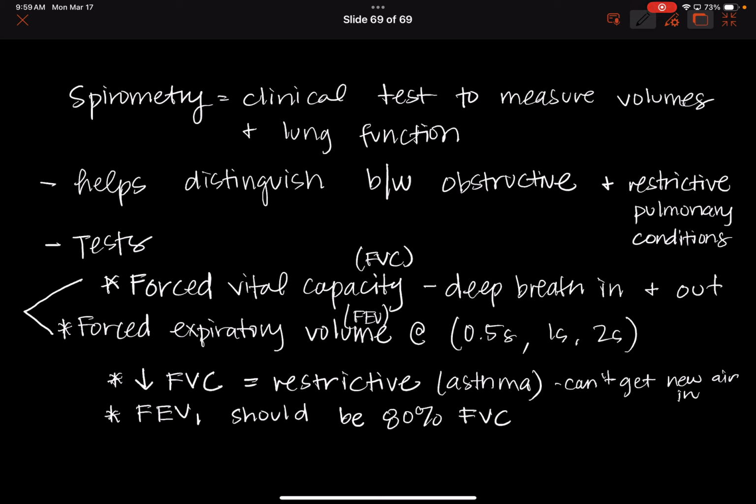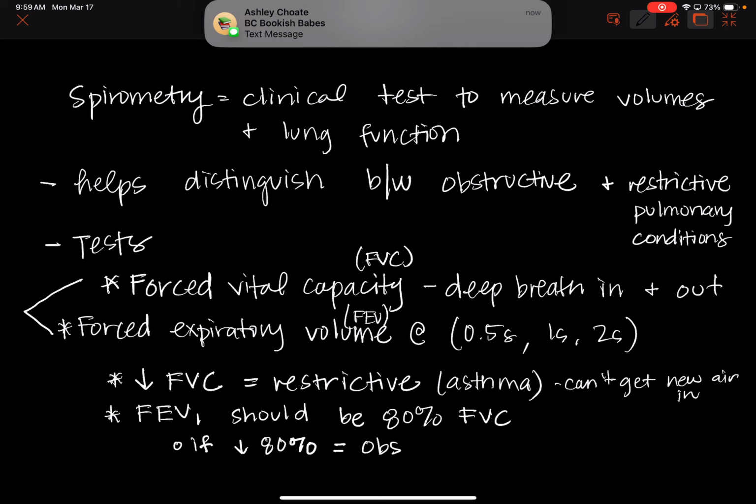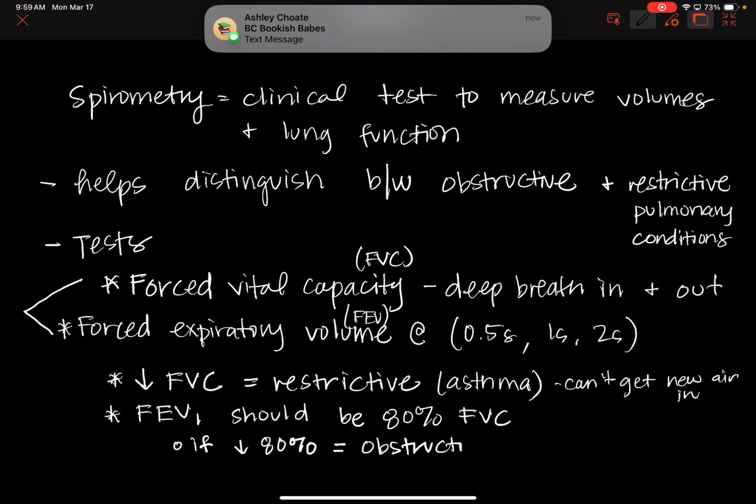You should be able to push out most of it in just 1 second. Okay? If it's less than that 80%,